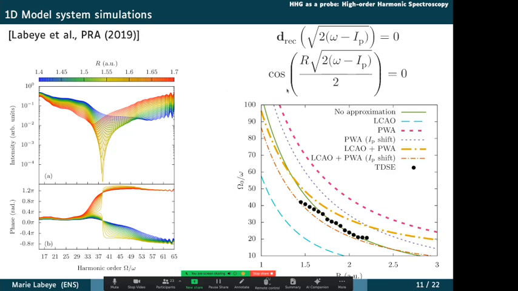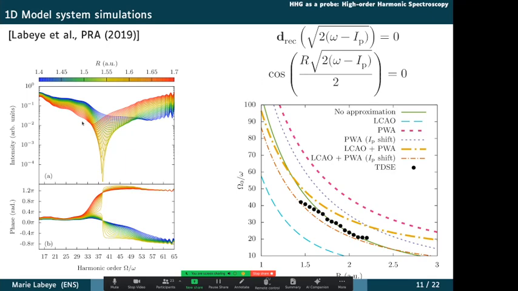And if you make this approximation, you get the yellow curve here that is indeed not too bad compared to the green one. But what we saw in this study is that if you only make one approximation and not two, if you only make the plane wave approximation, you get the pink curve here, which is very bad. And if you only make the atomic orbital approximation, you get the blue curve here, that is also very bad. So there is indeed error compensation in the fact that this scaling law works so well. That was one first point that we saw in this study, and that's only about the position of the minimum.